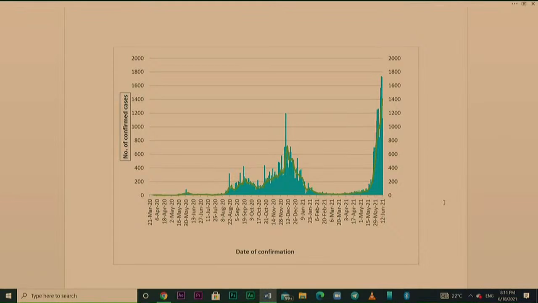Until about September, when it started going up, then it came down, then it went up in December, then we brought it down, it was very low, now it is climbing,